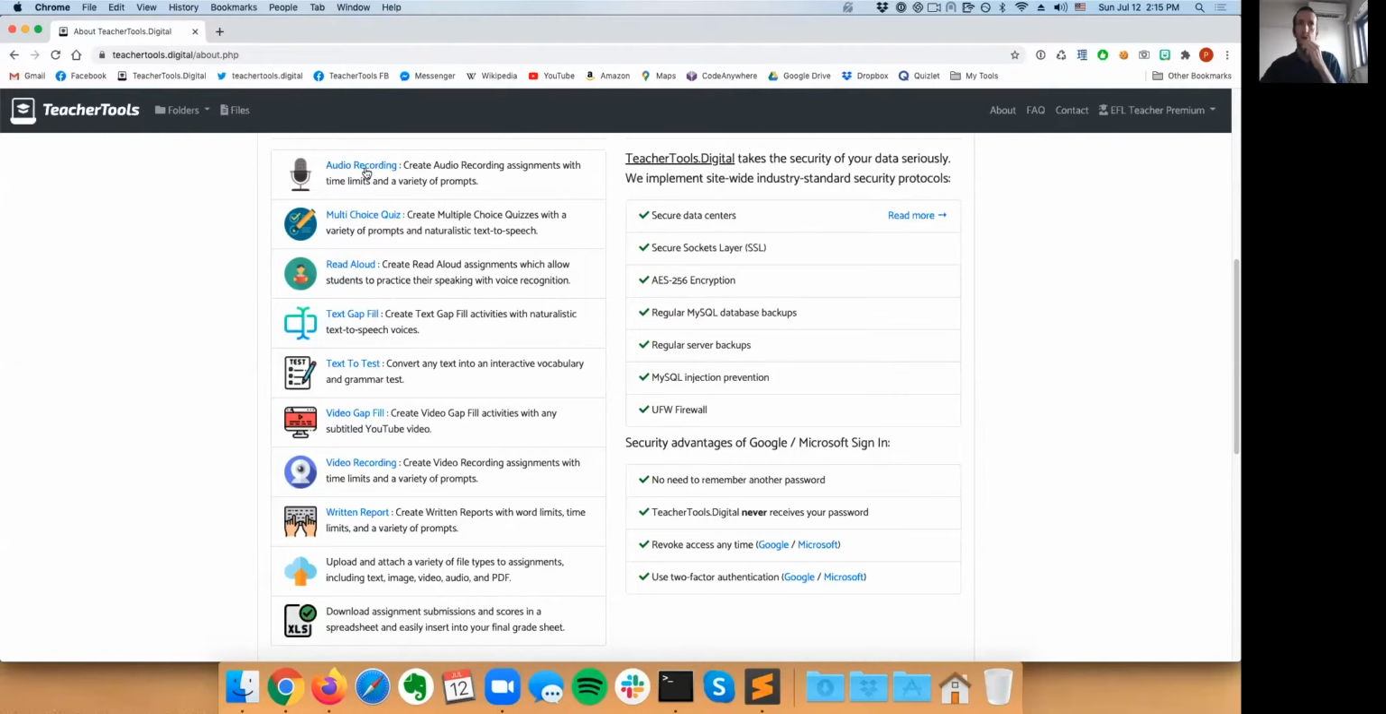The first one is an audio recording that allows your students to record a spoken response to any question. The second is a multiple choice quiz, which you might be familiar with from Moodle or from Google Forms. The difference with the TeacherTools.Digital is that you can actually add audio to the quiz. So the question and the options can be read out with a synthesized voice, and it can be done as